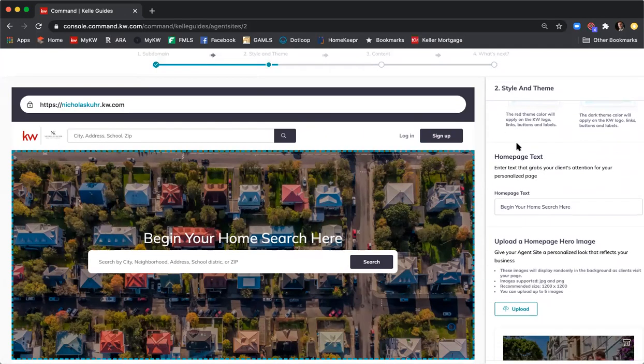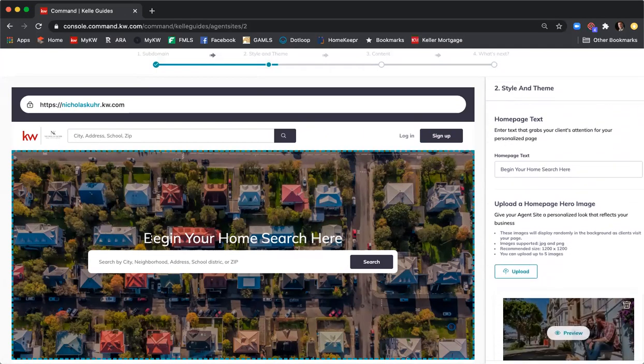Scrolling down, we have our homepage text. This is the text that appears right above the search engine or the search bar. One thing to keep in mind with the agent website that's going to be really different versus our Playster websites, and different than a lot of agent websites in the past, is that our websites are designed to go head to head with Zillow or Realtor.com, and that the main functionality of our website is to provide